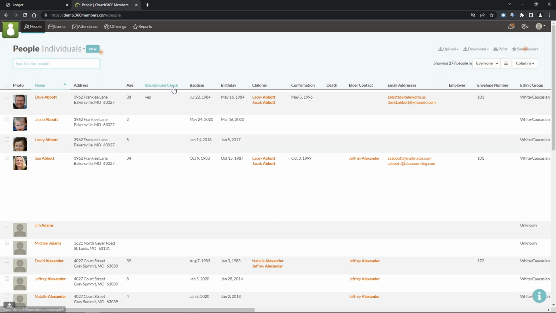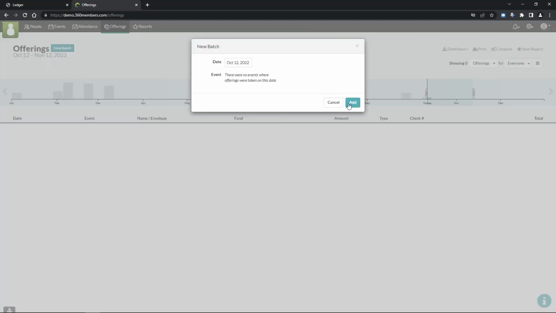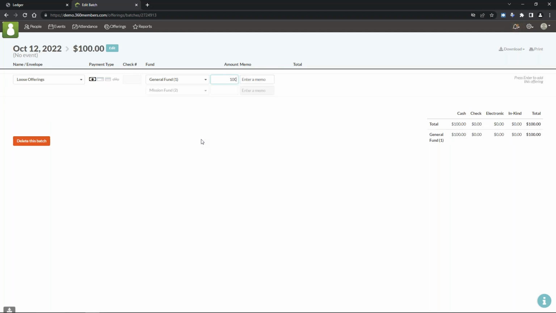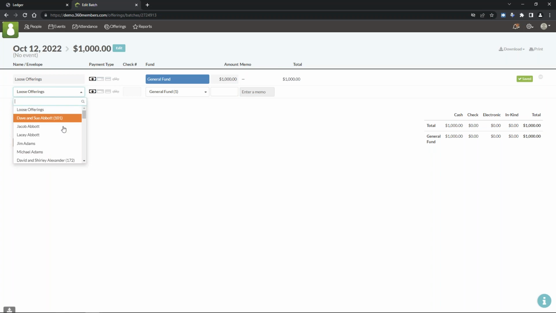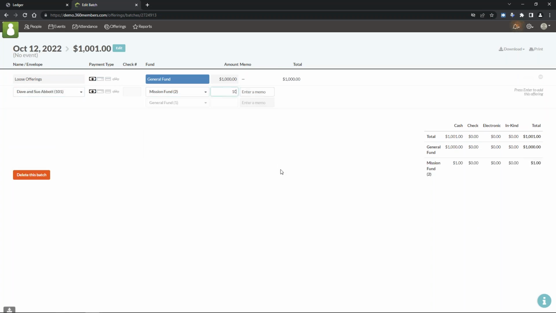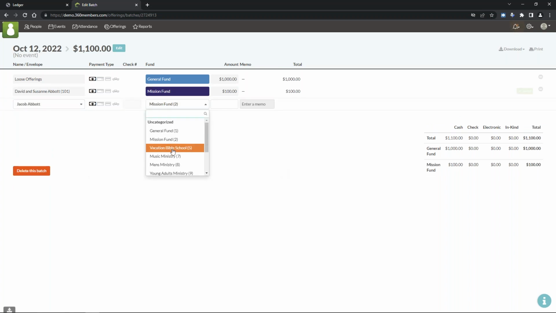So this is our Church360 members software. And up here, you can enter in your offerings. Just as a quick refresher, I would go up here to batch, choose a particular date, and then I can add in the offerings that I want. So for loose offerings, I could put 100 or 1,000, either one will work. And then maybe 100 for another person